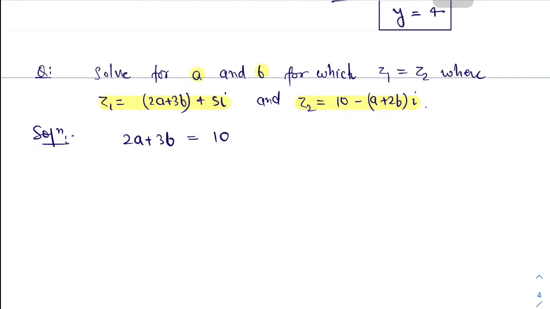So what to do in this question? If it is not mentioned that a and b are real, then we cannot simply compare the real part and imaginary part. So the answer to this question will be, there may be infinitely many solutions for a and b, but we cannot determine for sure what the value of a and b is.